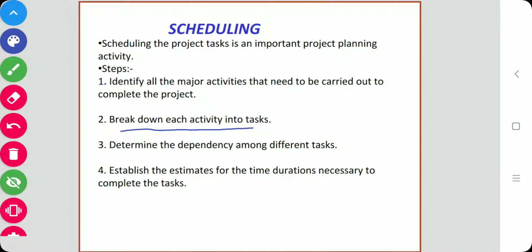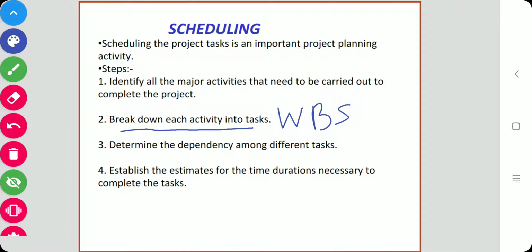So next, the tasks are broken down into a logical set of smaller activities which would be assigned to different engineers, so that we can perform our tasks in parallel and our task is completed fast. For that purpose, the work breakdown structure, that is WBS, is used for breaking down the task.